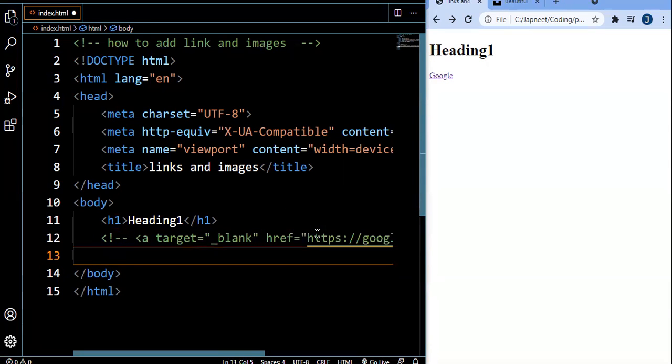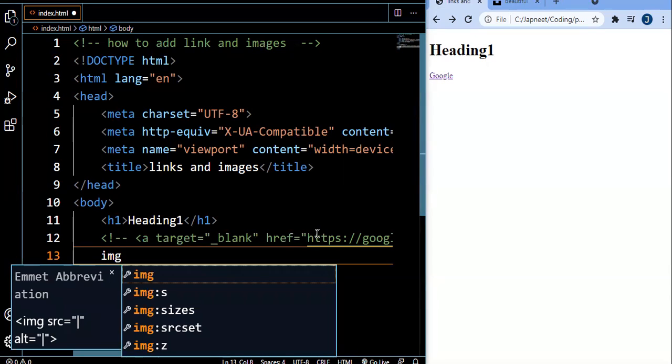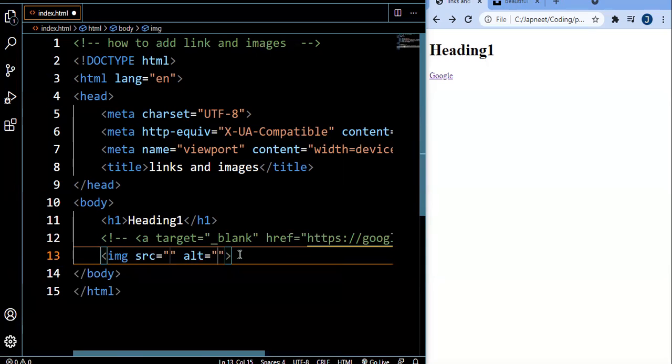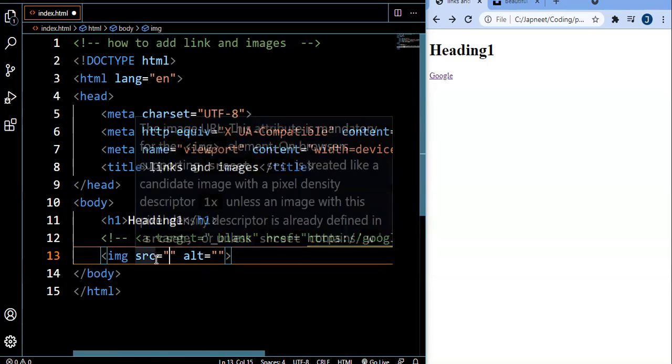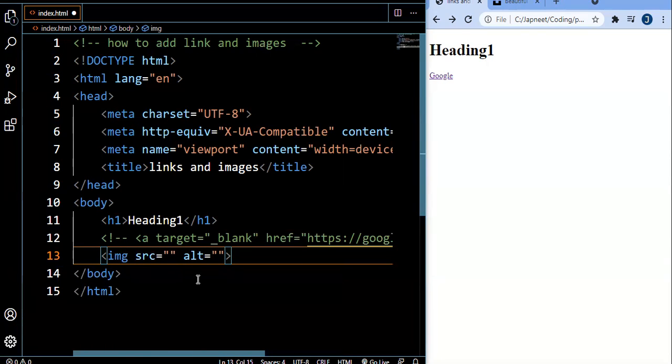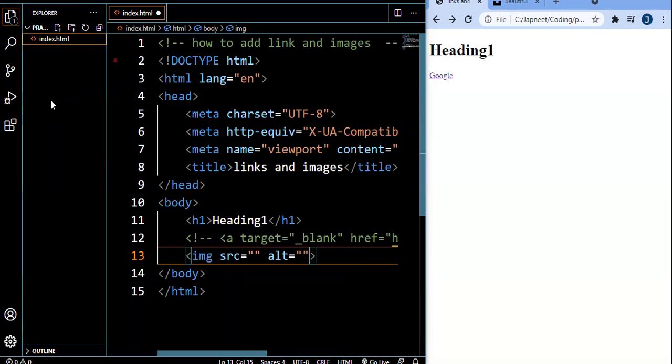Now let us talk about how to add images to your web page. The shortcut way to write this is img and then press the tab key. After pressing the tab key, you will get src and alt. We'll talk about alt later on, but firstly let us talk about src. In this you will write where you are getting that image from. If I have that in the folder, like I have index.jpg, I'll write